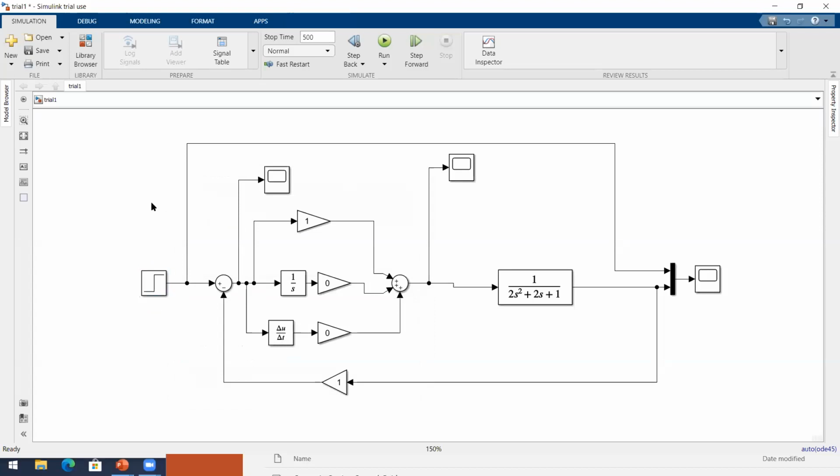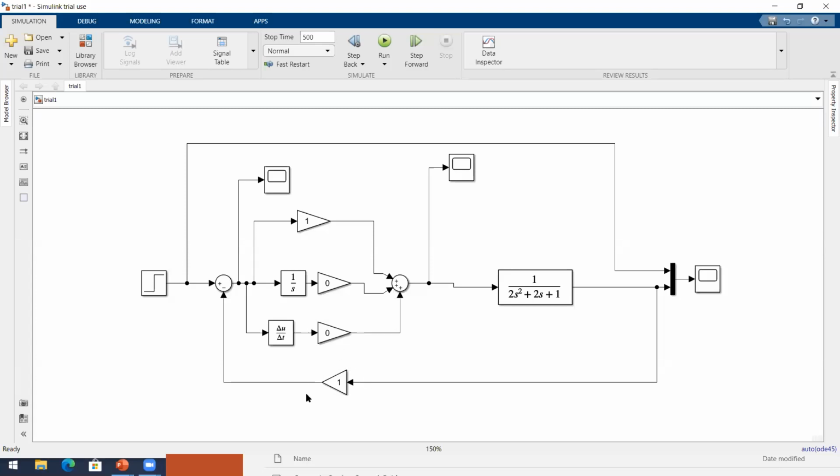Now, what do you see here? What are these? What will come here actually after the comparator? Controller, sir. Yeah, controller. This whole thing is the controller. I'll explain this controller later. What do you see here? Transfer function. That's the plant, sir. That is the plant. That is the system. Okay, fine.